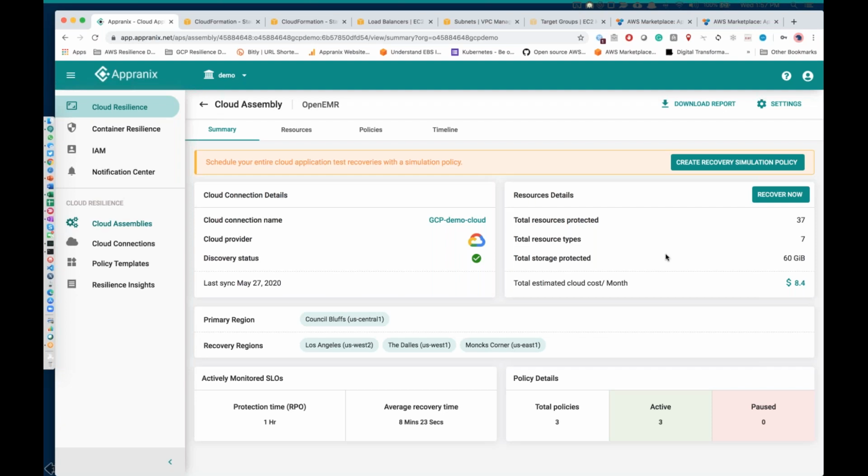And if you're using 6 zones on the Virginia side and you're moving to California where you have only 4 zones, or Oregon with only 3 zones, Appranix will automatically figure out based on your ALB configurations that there are only 3 zones, so we collapse everything over to 3 zones and make sure that the application comes up. After that you can adjust it.